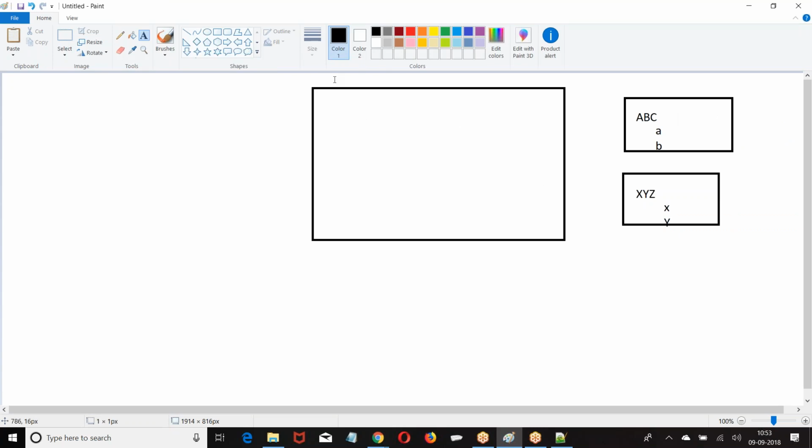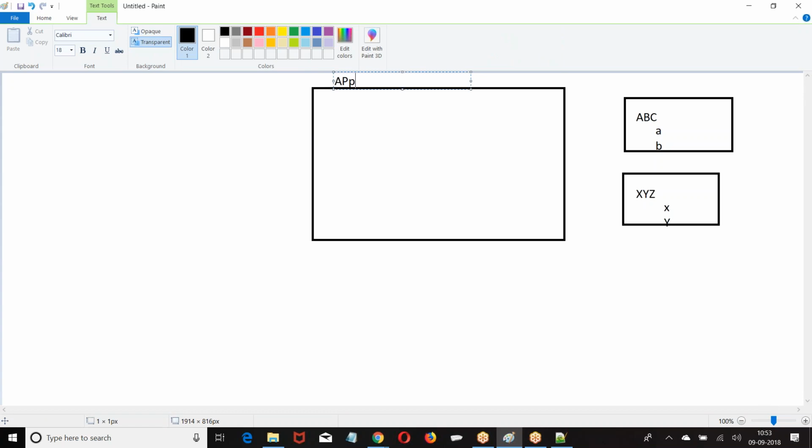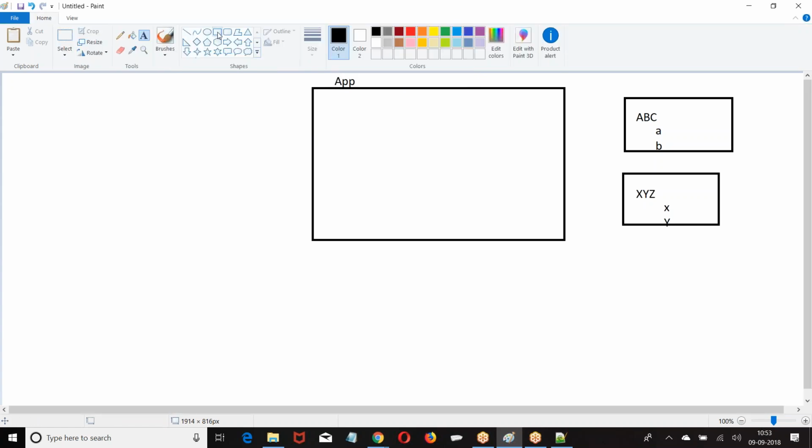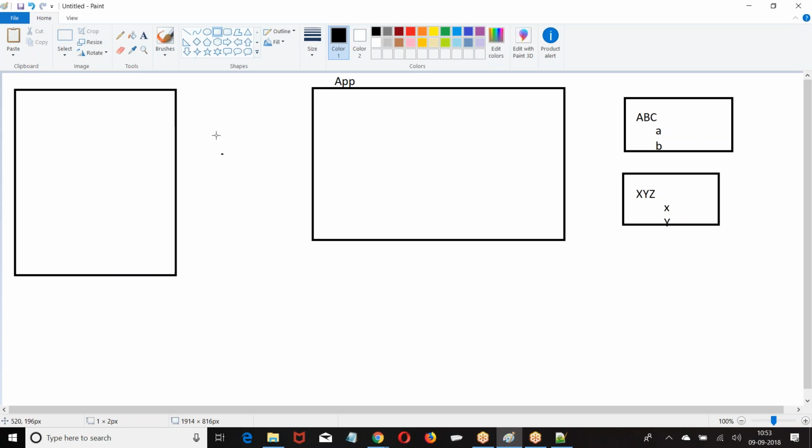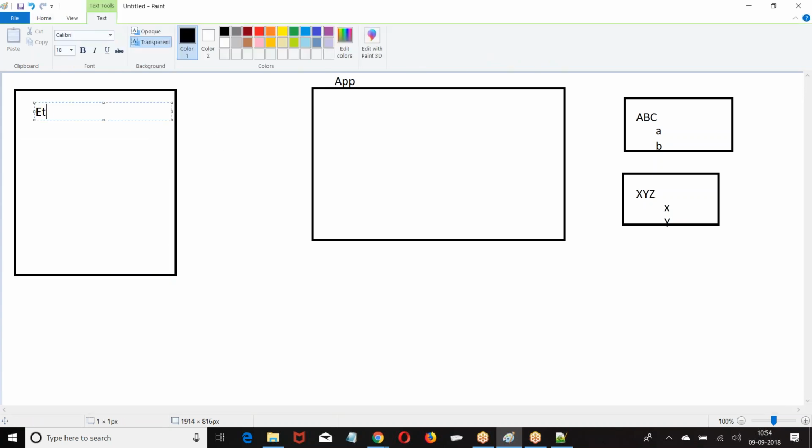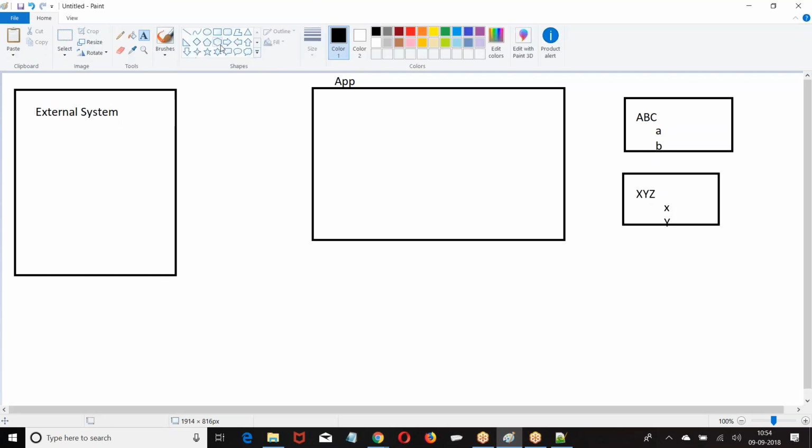I am telling the application, boss, from the external system, this is my external system, I am going to generate a component here. Which component? We have to tell the application which component I am going to work with.